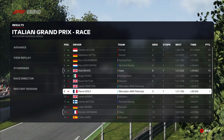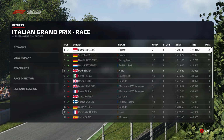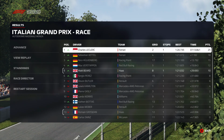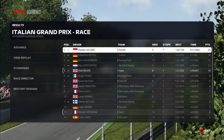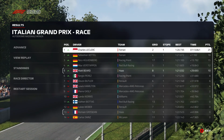Having a look then at the final race results, you can see, yeah, it was that Ferrari 1-2 for Charles Leclerc and Sebastian Vettel. I'm sure the team are very, very happy with that one. Nico Hulkenberg, definitely driver of the day. 17th to 3rd there, and Sergio Perez went from 15th to 6th, so a really good race by Racing Point. Verstappen 4th, myself 5th, Sergio Perez in 6th, Butler ahead of Hamilton and Gasly, with Lando Norris picking up